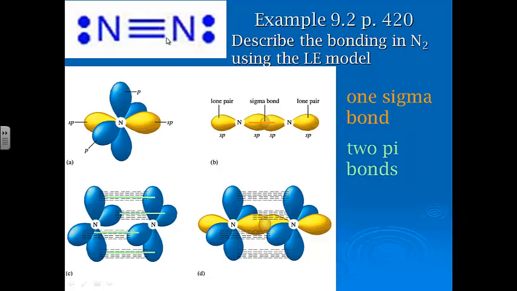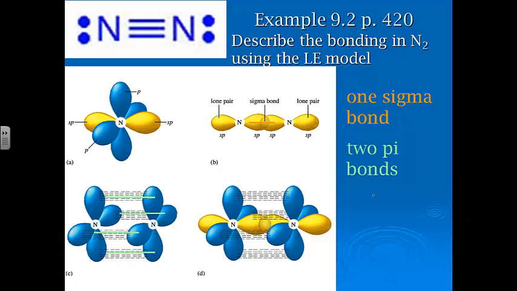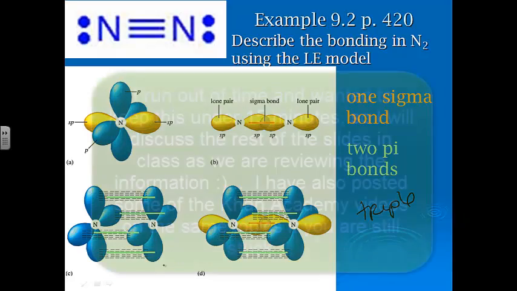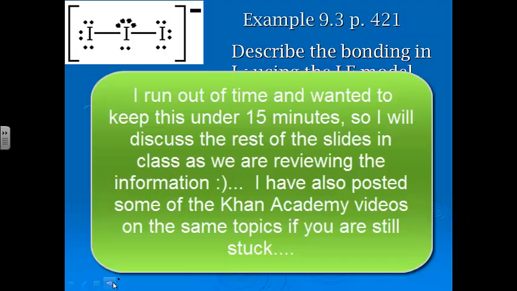So just like we saw with the double bond, when it's 1 sigma and 1 pi bond, anytime you have a triple bond, it's going to end up being 1 sigma and 2 pi bonds because there's 2 extra empty p orbitals that are available to share electrons. And that's what that's showing you right here with those green lines. Okay, if we've got, and this is getting up there, but just to show you, if we look at the